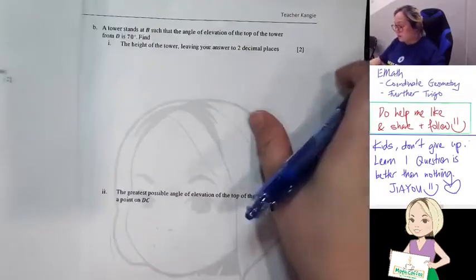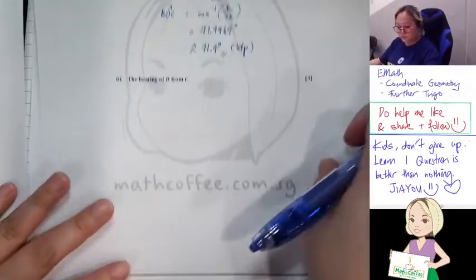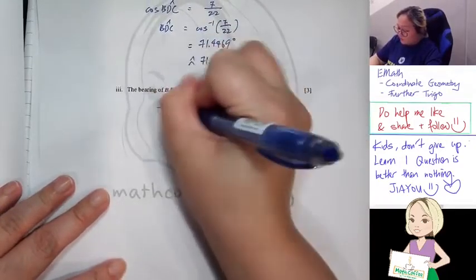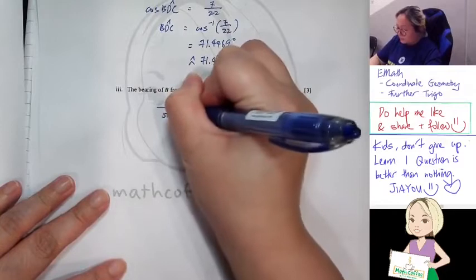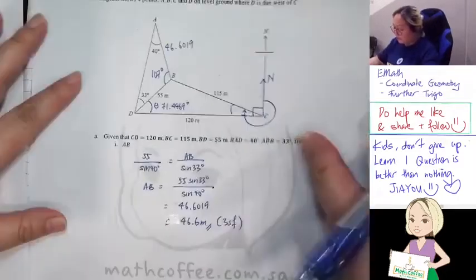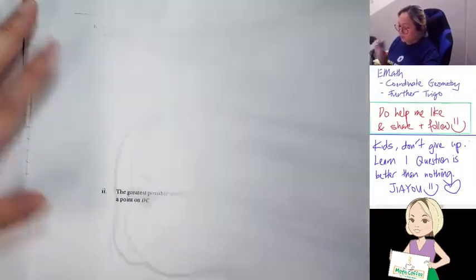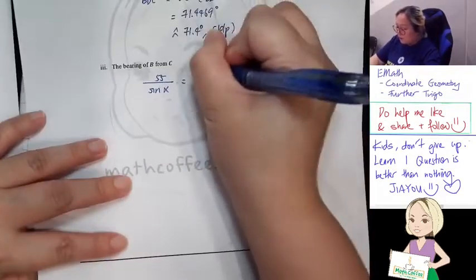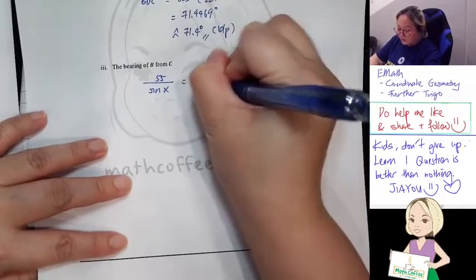So we will say 55 over sine alpha is equals to 115 over sine